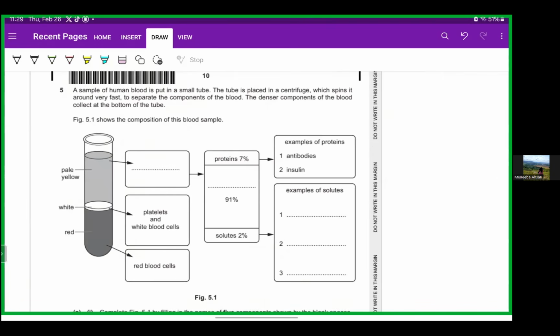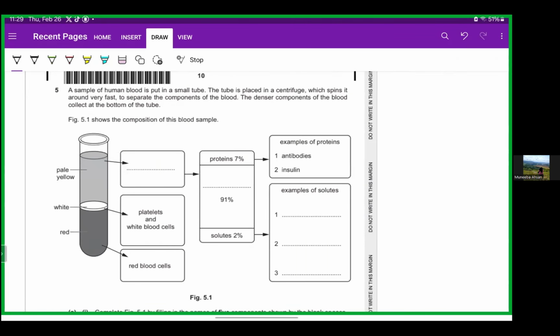Okay, so now let's move on to the next question, which is question number 5. They're showing a sample of human blood is put into a small tube. The tube is placed in the centrifuge, which spins around very fast to separate the components of the blood. The denser components of the blood collect at the bottom of the tube. Figure 5.1 shows the composition of the blood sample. So you can see that this blood sample is being centrifuged and has been divided into 3 parts: pale yellow, white, and red. So you know that the pale part is the plasma,